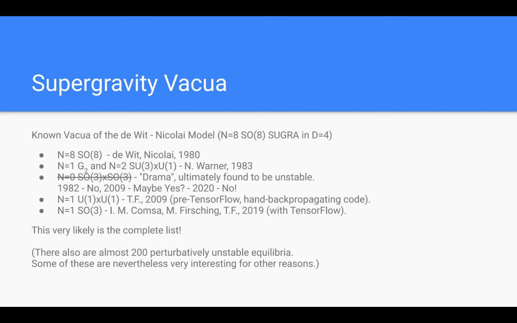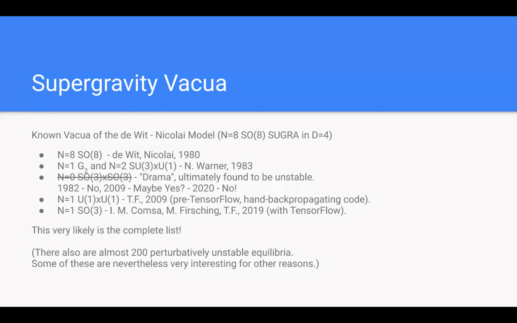Then Nicholas Warner in 1983, using his group theoretic method, found two further vacua, one of them breaking SO(8) to the exceptional group G2, and this has N=1 supersymmetry, and the other one with N=2 supersymmetry, breaking SO(8) down to, funny enough, a gauge group which is the same as the unbroken gauge group in the standard model. There's another solution from that period, which breaks SO(8) to SO(3)×SO(3) symmetry, doesn't have any supersymmetry,